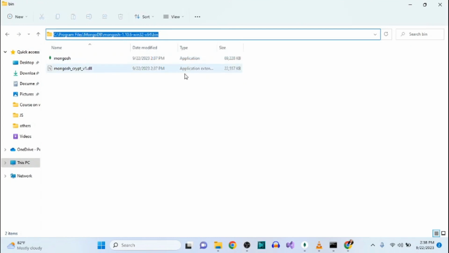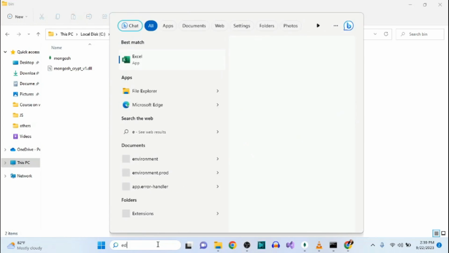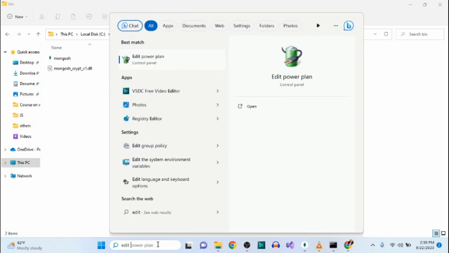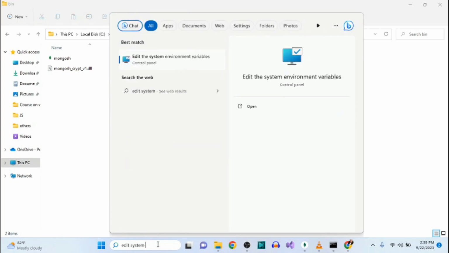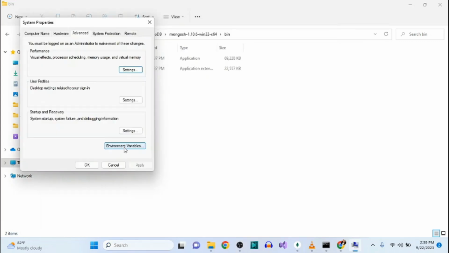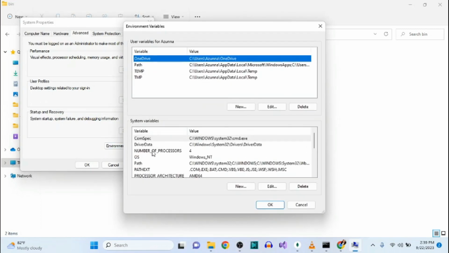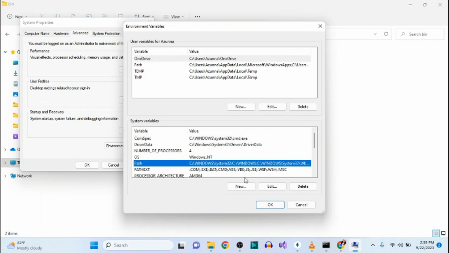Let's copy it, search for edit system environment variables. Click on environment variables. Under the system variables, you see the path variable. So click on edit